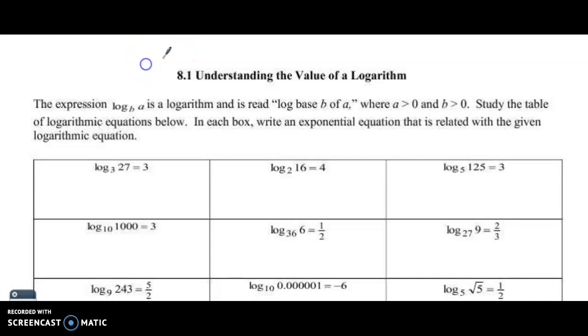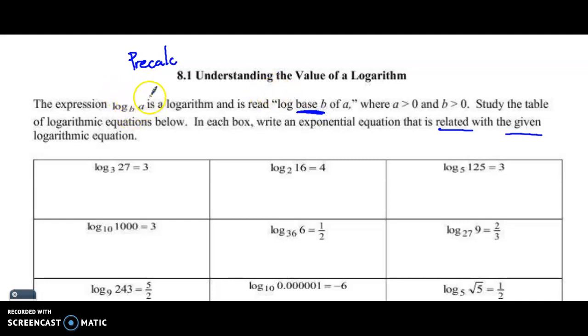Hey, pre-calc, we are going to start with 8.1, getting into the logarithm. And just so you know, you could probably figure this out all on your own, because these are all true statements, don't get me wrong. But what the investigation is supposed to get you to realize, especially when they read it out loud as log